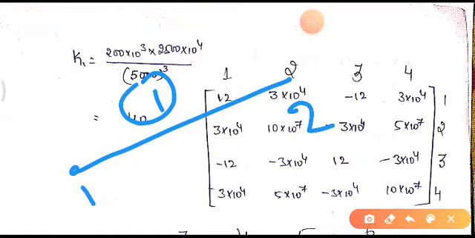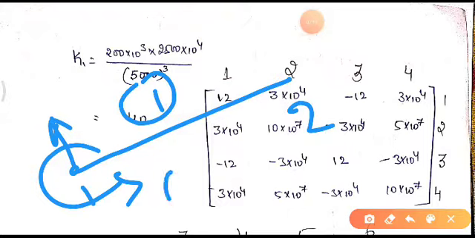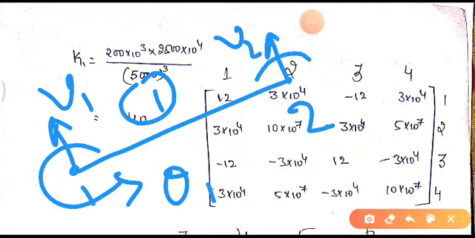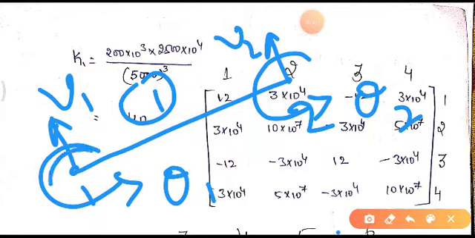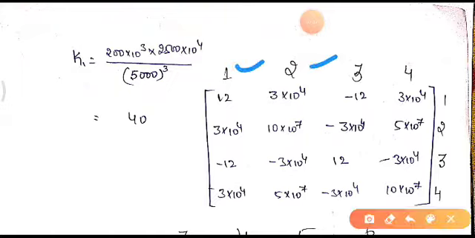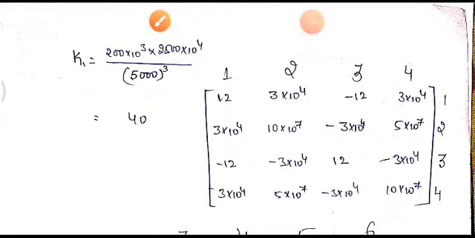Since in a beam each node has two displacements, meaning 2 degrees of freedom, that is vertical displacement and one more is angular displacement. Here again we have vertical displacement v2 and angular displacement theta 2. Here we represent vertical displacement in the upward direction, because upward y direction is positive, and here we have taken clockwise direction because it is positive angular displacement. Clear? Okay. Once we define this 1 2 3 4, 1 2 3 4,